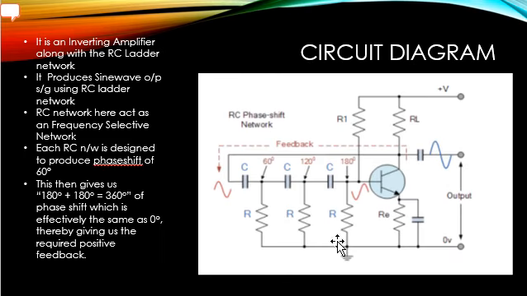This is a circuit diagram of the RC oscillator. As you can see, this network is also called a phase shift oscillator because it produces a sine wave as an output signal. This output signal is generated because of the regenerative feedback obtained from this RC combination. This regenerative feedback from the RC network is due to the ability of the capacitor to store electric charge.